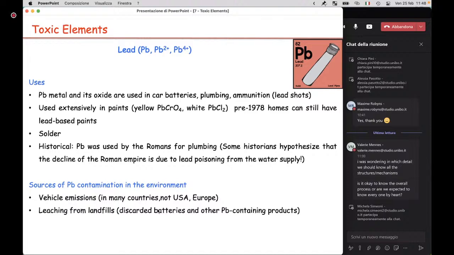Lead containing materials have to be disposed of in a special way, and they are to be differentiated in the waste management. But if they are not, lead can leach from landfills into the soil, and so it can contaminate the location of the landfill, or if it reaches water, it can also be transported elsewhere, and so on and so forth.